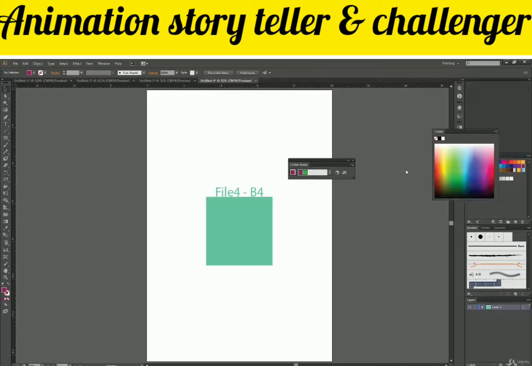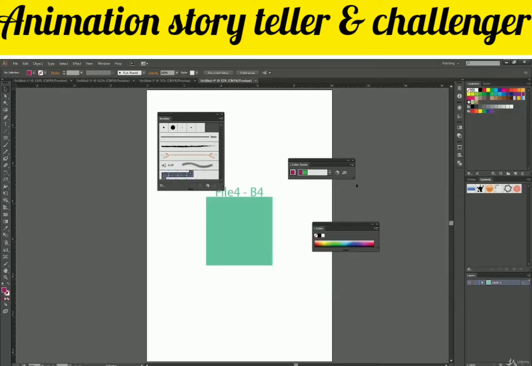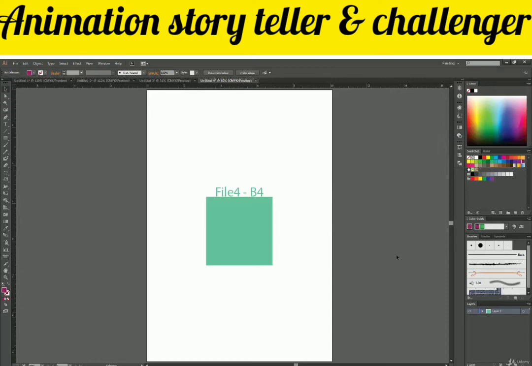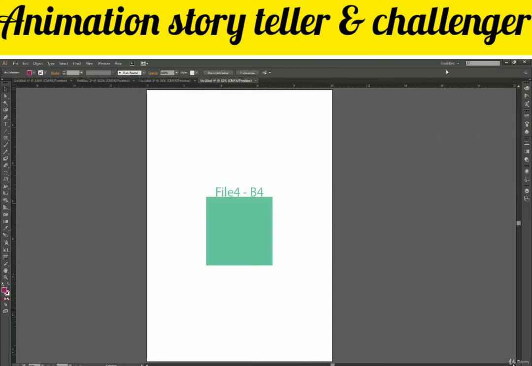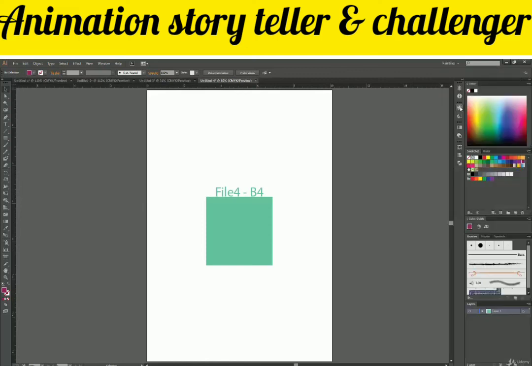So let's say this is a workspace right now. I did some changes in the Painting workspace, and if I go and click on Reset Painting, then yeah, it got reset again. Okay, so let's switch to another workspace, and we'll see if the same thing is applicable for other workspaces or not.